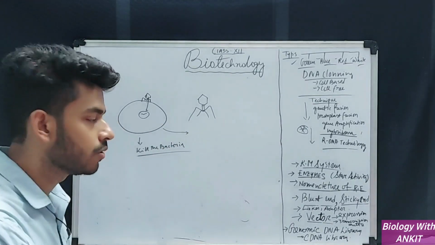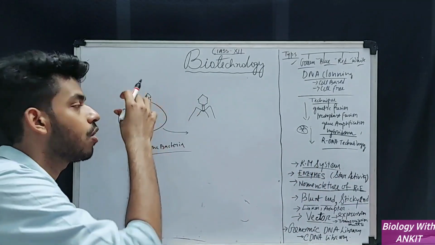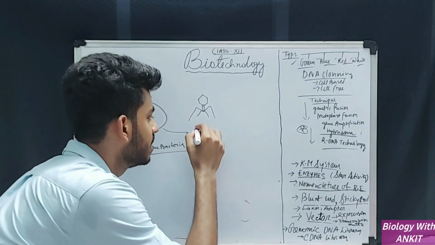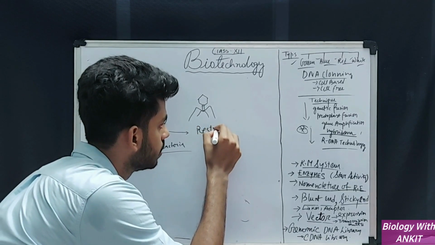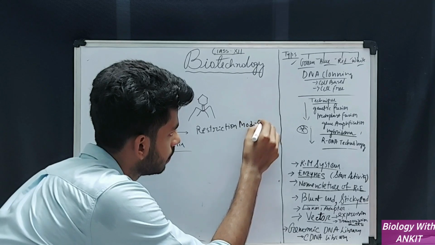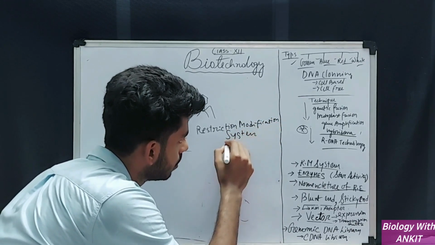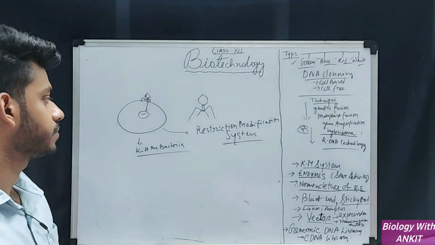Just as our body has an immune system, the system we are going to discuss is the immune system of that bacteria. That is the restriction modification system. Okay,